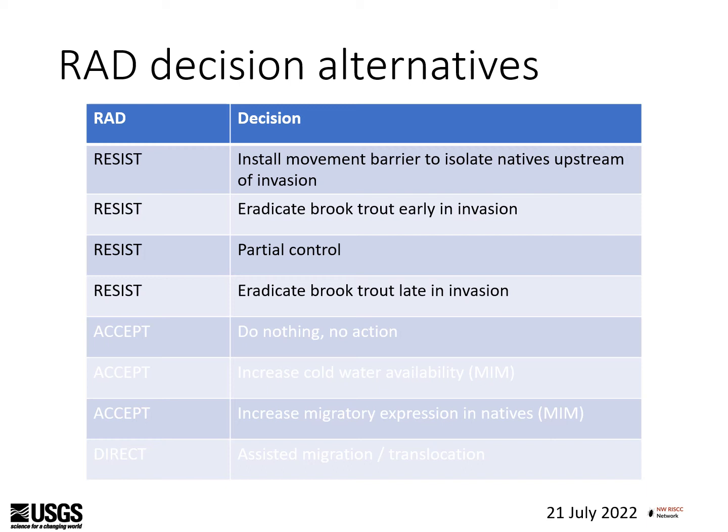The second option is to eradicate brook trout, in this case, early in the invasion. So maybe we just start to detect them. There's not that many around, and we just nip it in the bud early if we get lucky and detect the invasion at that stage, which is often not the case. Later in the invasion, brook trout are usually pretty well established, and that comes down to two options: partial control or really go for it and try to completely eradicate brook trout, which takes quite an effort if you are familiar with any of the case studies where they've been able to do that, particularly in these larger systems,